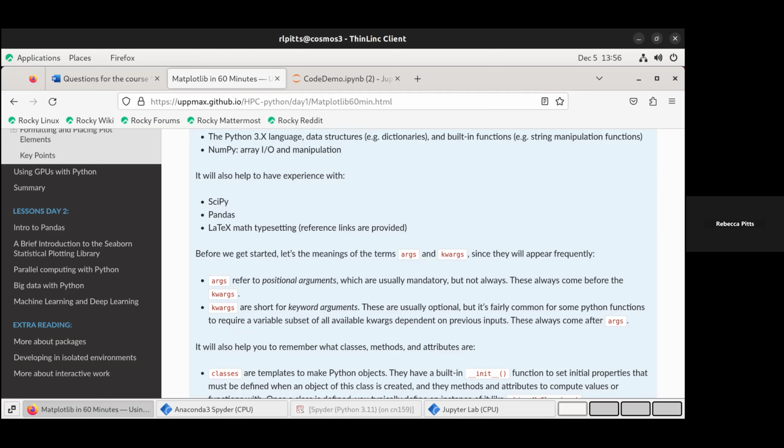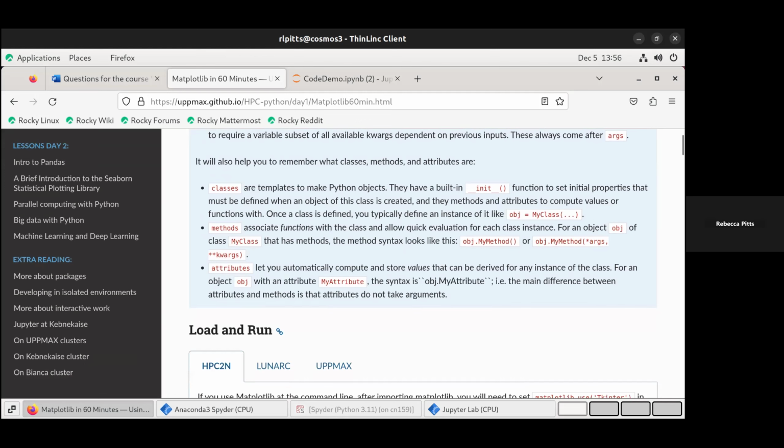Sometimes functions will have a kwargs kwarg, where you have to pass in a dictionary of key value pairs that are passed to an underlying function, where those keys are kwargs and the values are the values you're passing to those kwargs. We'll see a couple of those later in this material. They'll also help you remember